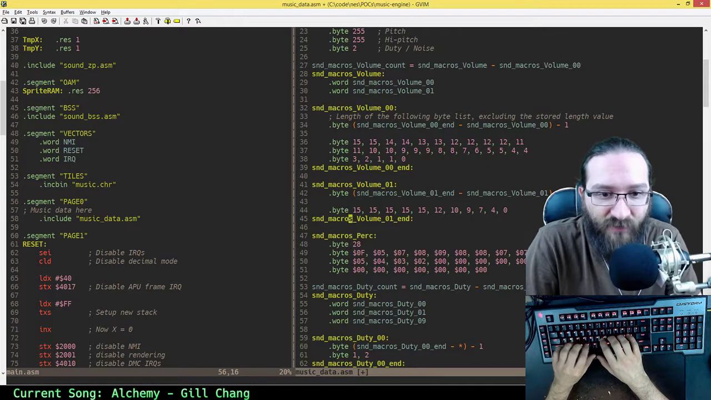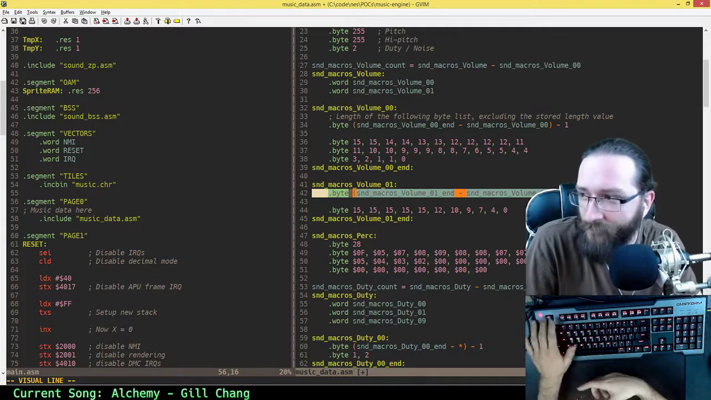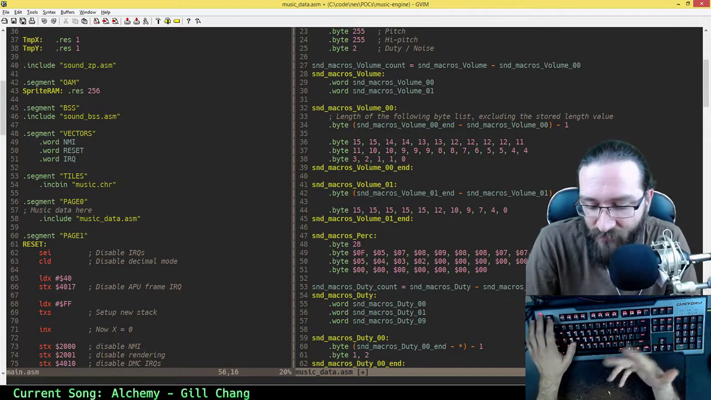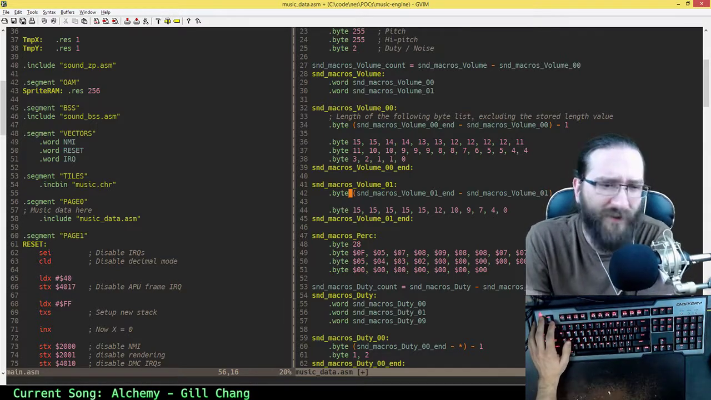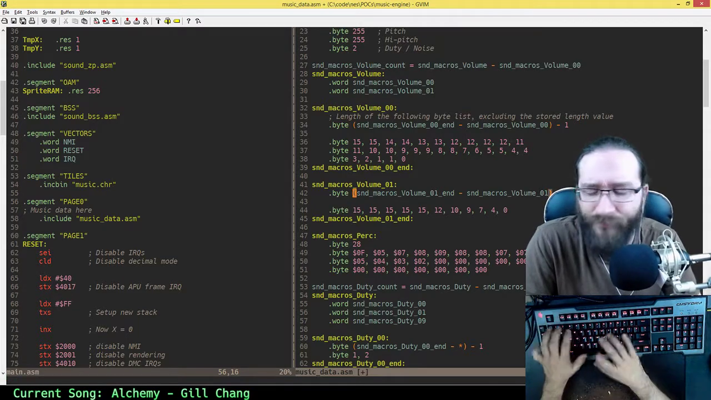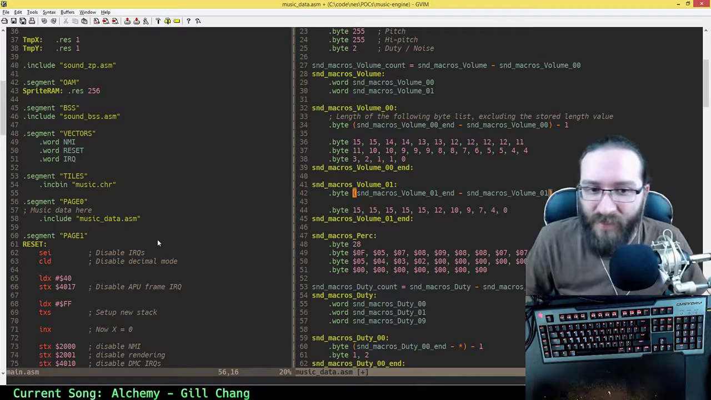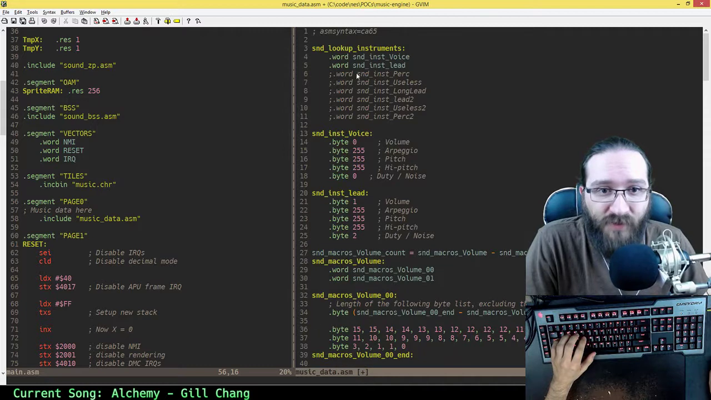The reason these have an end is so I can calculate that out with a macro, or not a macro, but with some assembler math, linker math, constant math. How about that? Constant math. But I don't need to do that for this one because it's already right there. All right, so now I need to